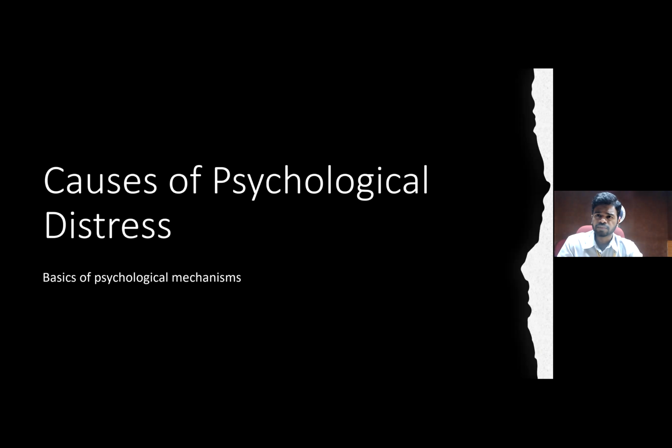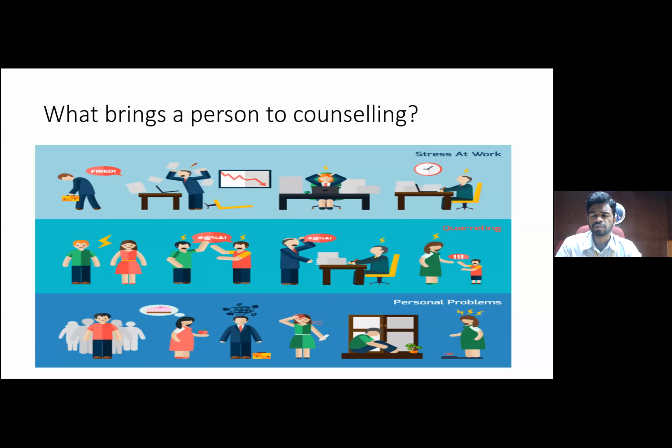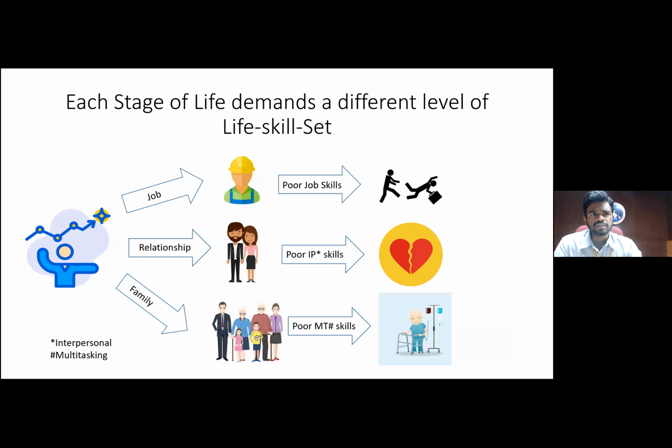So when a client comes to you, there are certain indications for which they come to you. Usually they come because they have some problems at work, or they quarrel or fight with their family members, or certain personal reasons in other domains, in social domains, like with friendship or with colleagues. They could have certain problems and they'll end up having with you. So basically, it is these three major domains, either at job or relationship or family,